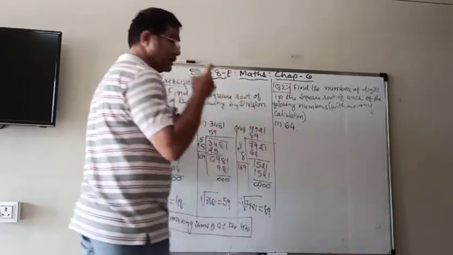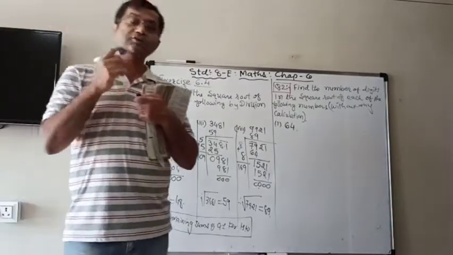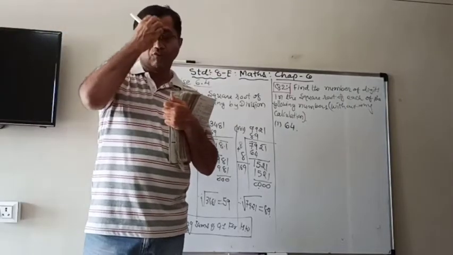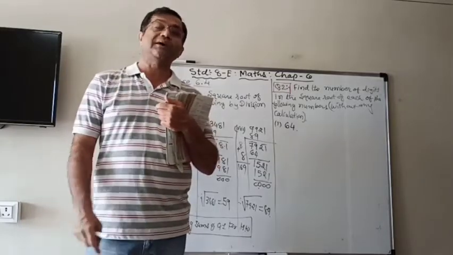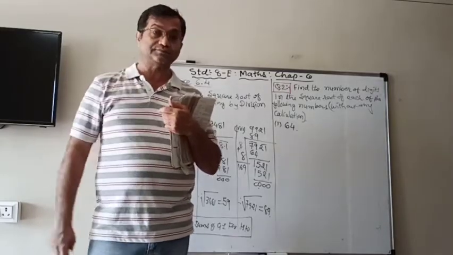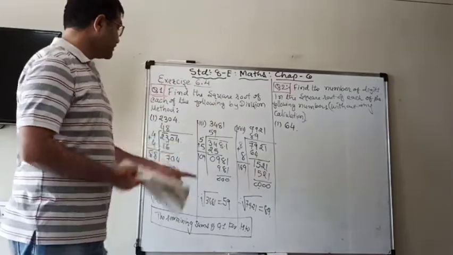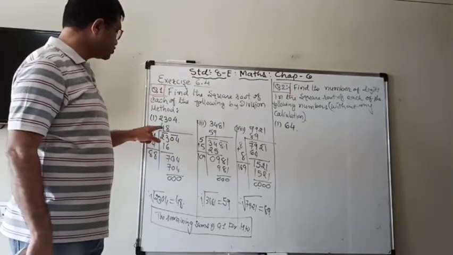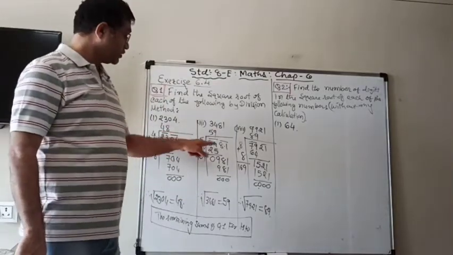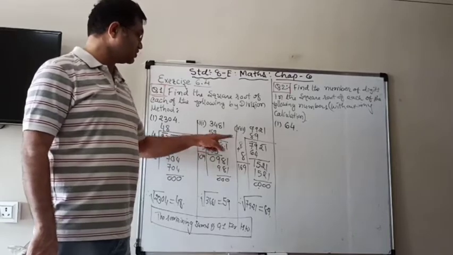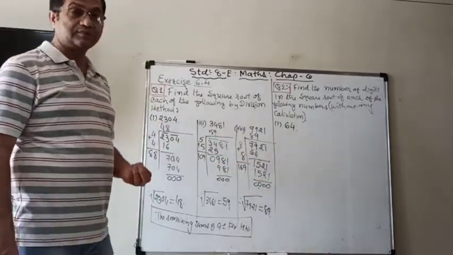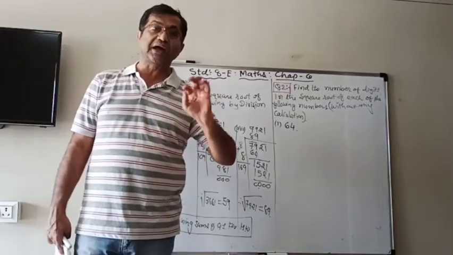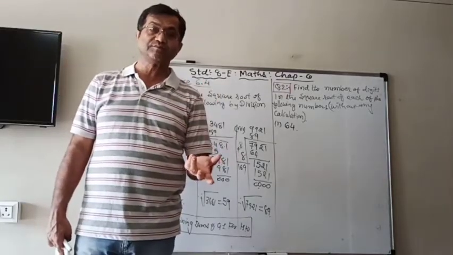164. Now what do we do when we want to find the square root by division method? We make the pairs. Look here. When there are two pairs, there are 2 digits in the answer. 2 pairs, 2 digits in the answer. It means that we just have to pair, and the number of pairs will be the number of digits in the answer.